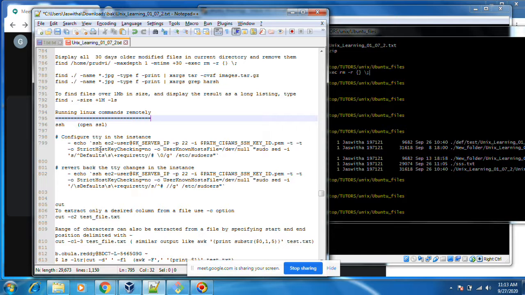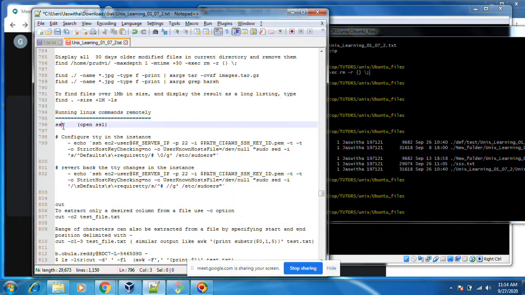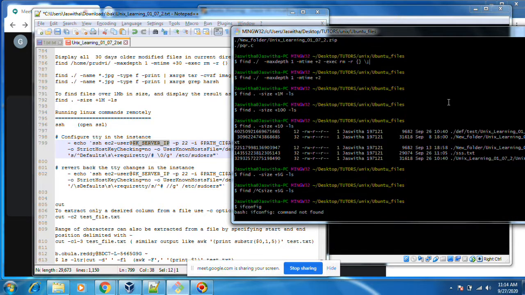Okay, this is just for learning purposes. I can run commands remotely, meaning from this PC to another PC in the network or internet, using SSH. That is the user of that PC, and this is the server IP address. If you run ifconfig, you will get the IP address here.